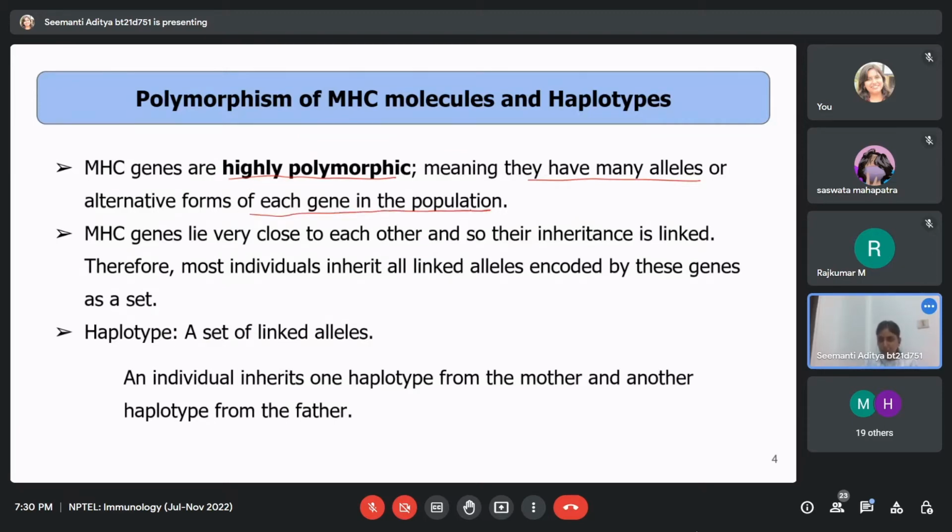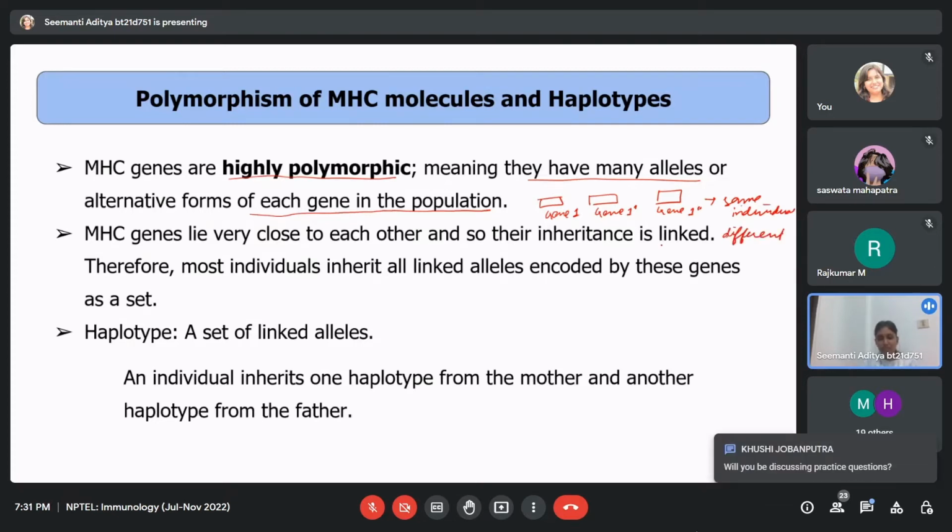What does that mean? Say in a particular person, we have one gene, gene 1. Now we can have several alternative forms of gene 1: gene 1 prime, gene 1 double prime. So all these genes could be different within the same individual, or could also be different within different individuals. So your same MHC gene could be